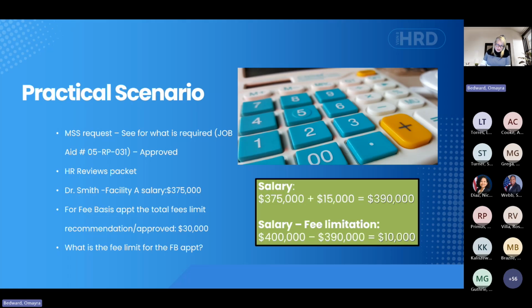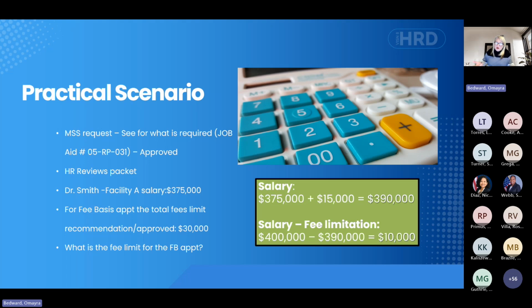We have to have that conversation. We can't just push paper through and say, oh, somebody else will catch it. It's our responsibility. We read it in one of the slides: to monitor, to not exceed the fee limits, and to make sure that what comes through is accurate and that it makes sense. Okay.